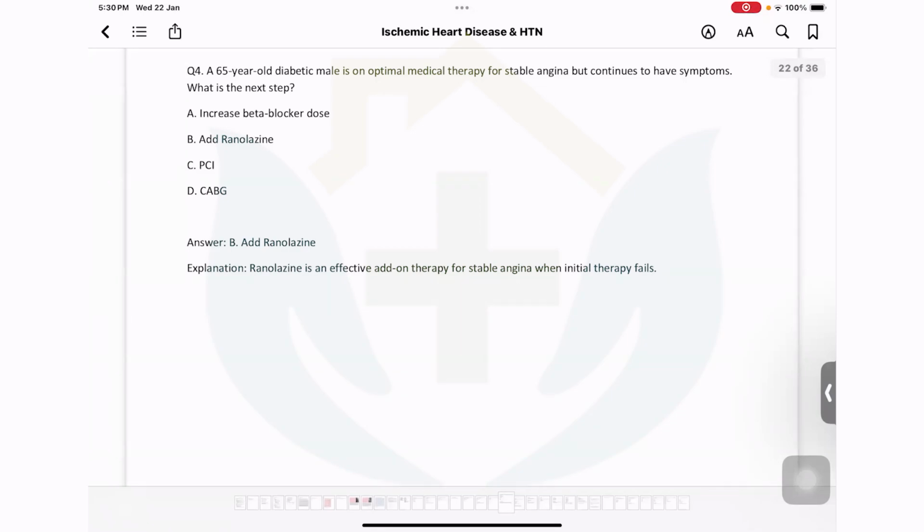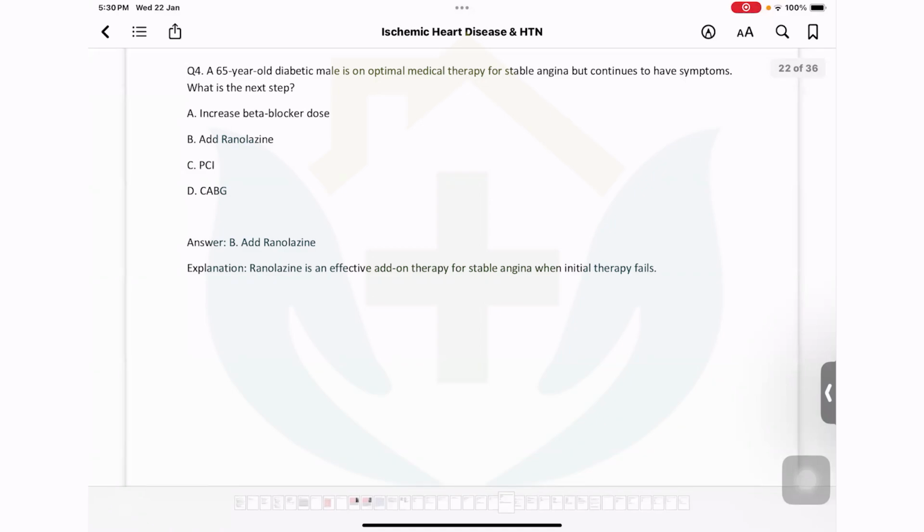All right. Sir, good evening. Good evening. Could you give a small gist on ranolazine if possible, sir? A very small gist on ranolazine, something about the drug if possible, please. Yeah, sure. Thank you.